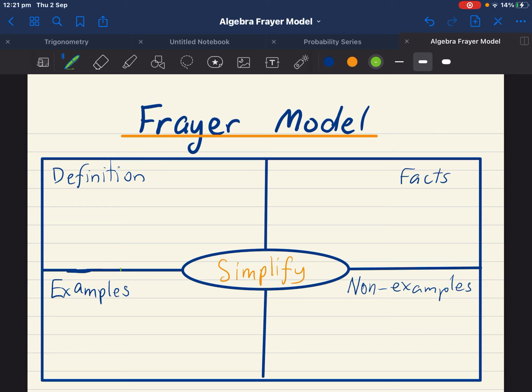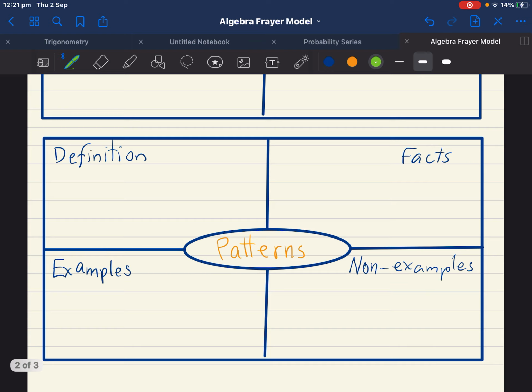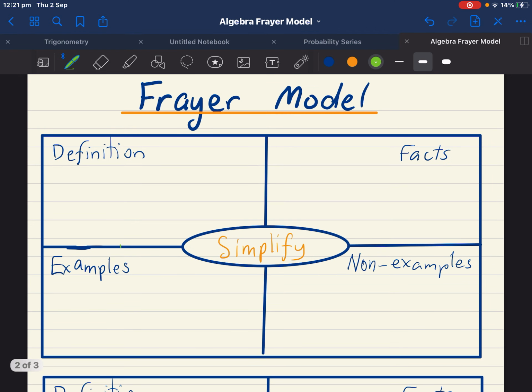So we're going to have a quick look at the Frayer model to help us learn a couple different terms with the algebra topic. The specific one that your teacher wanted you to cover was the second one down here, and we're going to look at the term patterns and what that means. And to show you, if you haven't seen the Frayer model used before, this first one's going to be an example one that I'll do for you, just so you can see how to fill out the 4 different